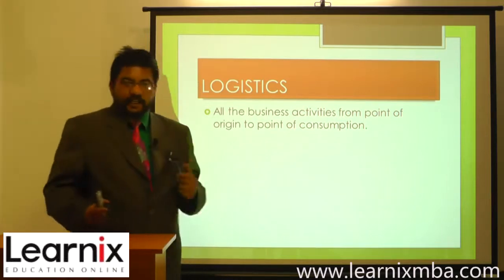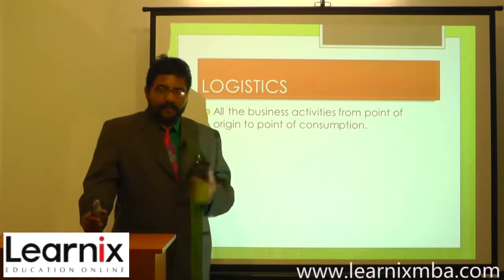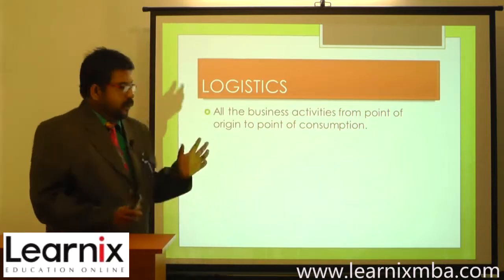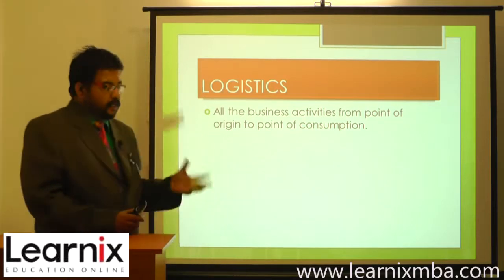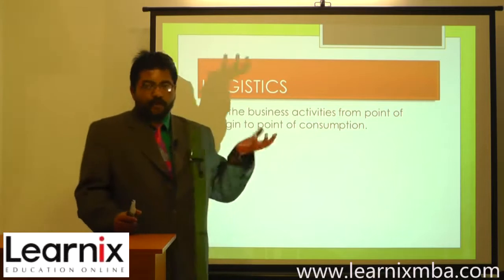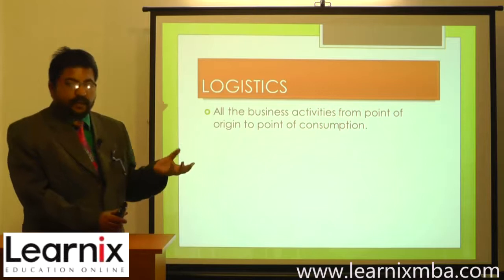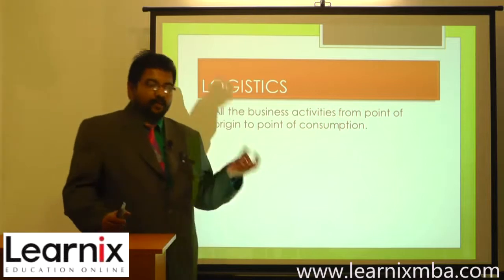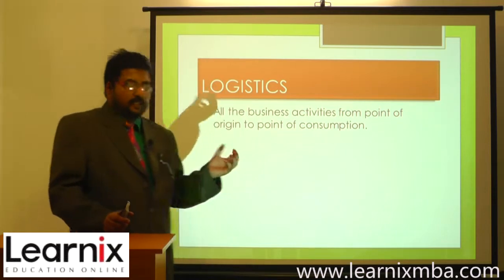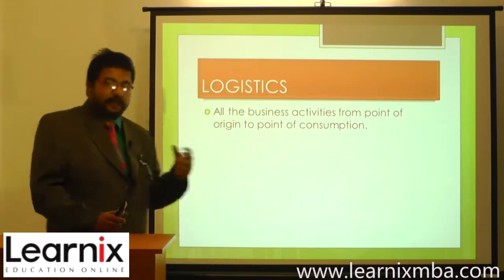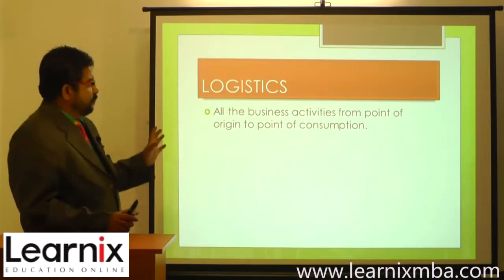Now, where does it originate? It originates at the farmer. The farmer is a supplier. We purchase it from the farmer, and the origin is the farmer. One of the raw materials is potato. The other is salt. We might be purchasing it from a port where the salt is being produced. Likewise, maybe chili might be added, which we get directly from a farmer. So these are the three main ingredients, plus of course the packaging material which comes into play in this business.